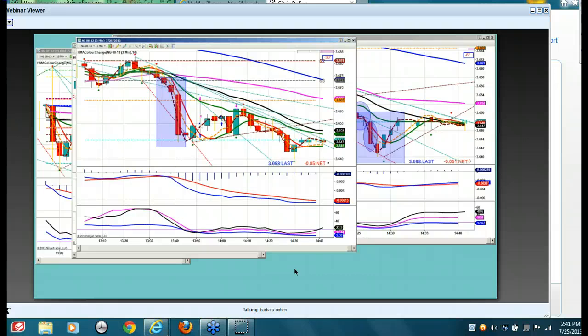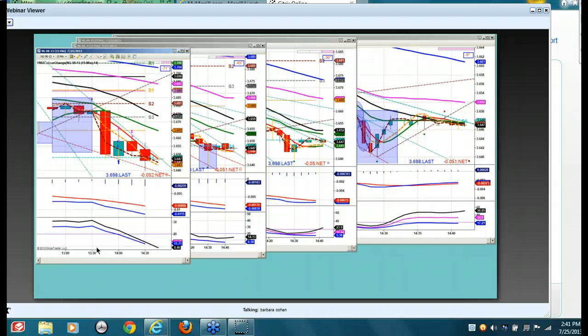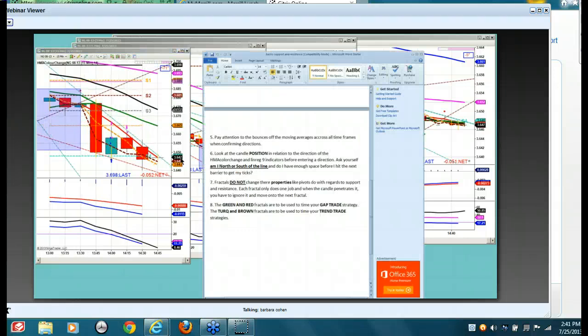And when you've hit the red fractal, what does the red fractal say? When you hit the red fractal, you're ready to look for a gap trade. So red and green means gap trade time. If we hit the red, that means we're going to gap trade long. So that's what we're really looking for, is the gap trade. There's a circle with a dot on the 15-minute chart. So you want to pay attention to those fractals on the higher time frames. If you've hit that level, chances are it's not going to go lower. But now if you haven't hit it,